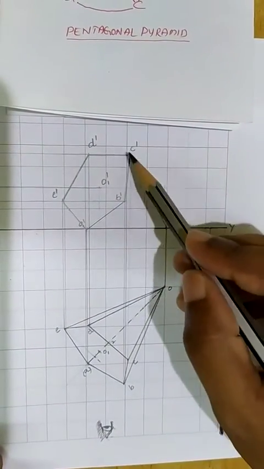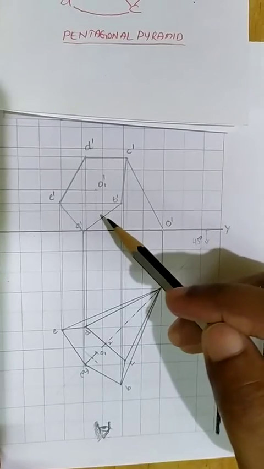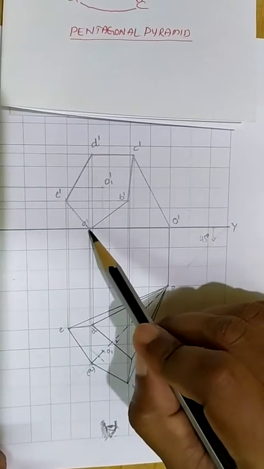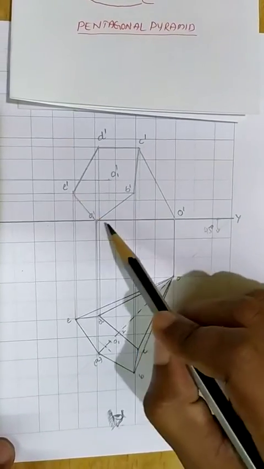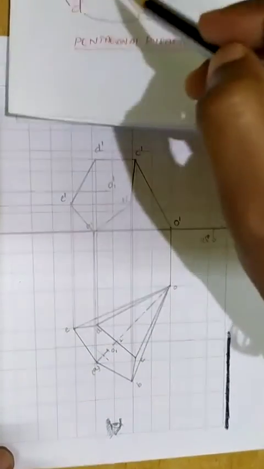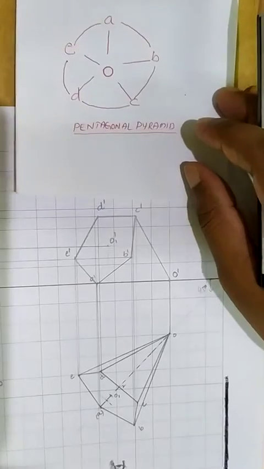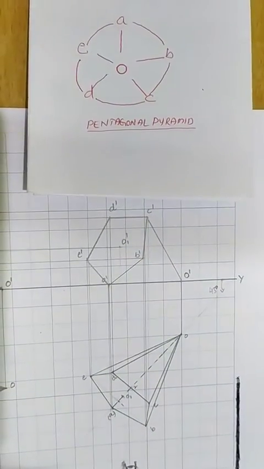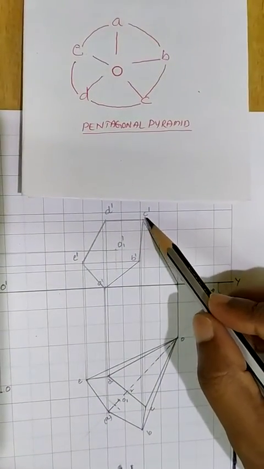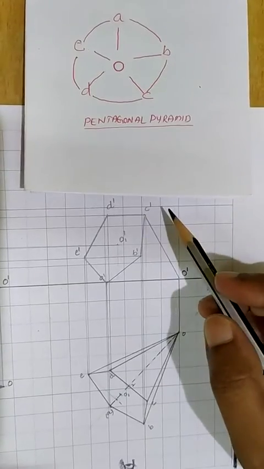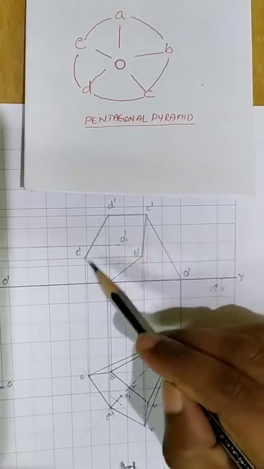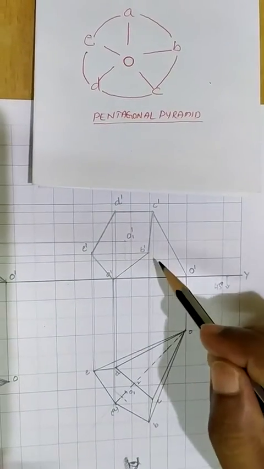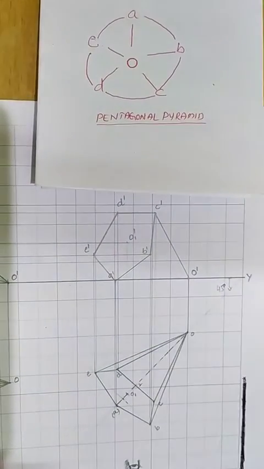From each corner of the pentagon, we must have three lines. If you observe this corner A dash, we are having three lines already. A to B is there, A to E is there, and A to O is there according to the naming chart we have considered. Now if you consider point C, again we are having three edges, the condition is satisfied. But if you consider B, D and E, we are having only two edges passing through them. The third edge, the slanting edge, is missing from all those three corners.